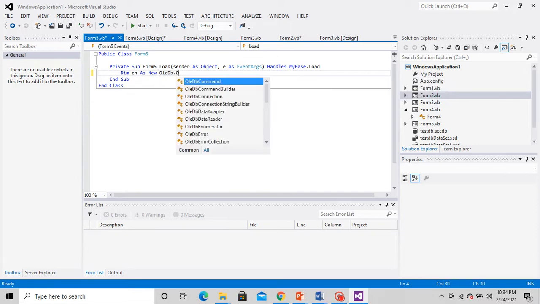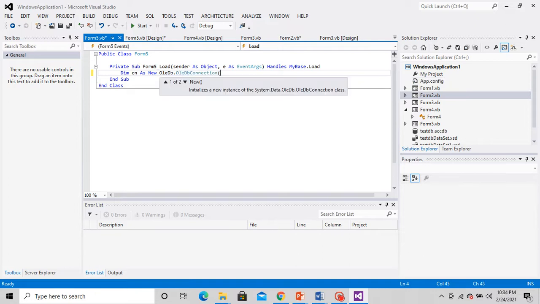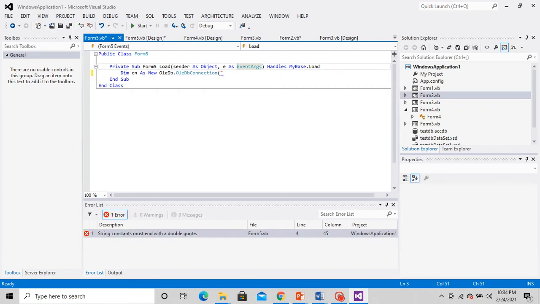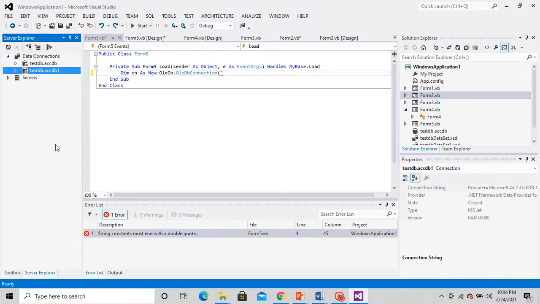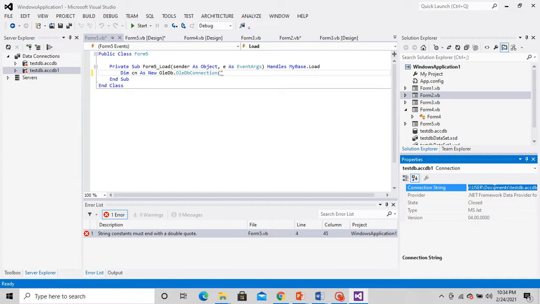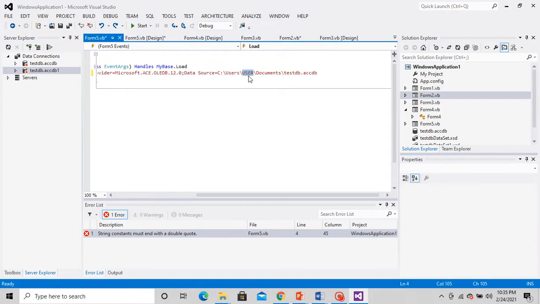So students, what will happen here is that when the form is loading, the combo box will be filled with the items. The combo box will be filled with the product names here.